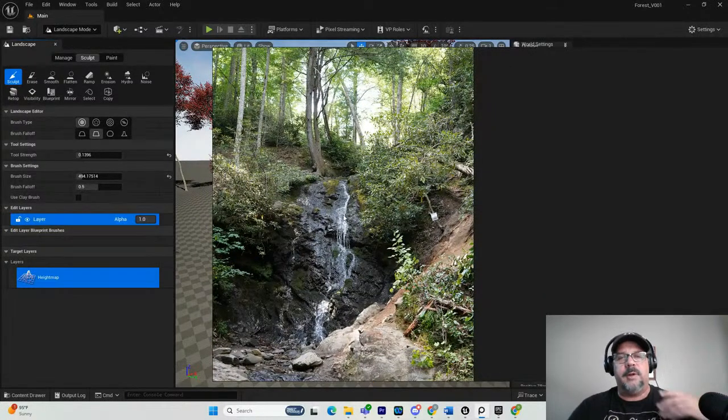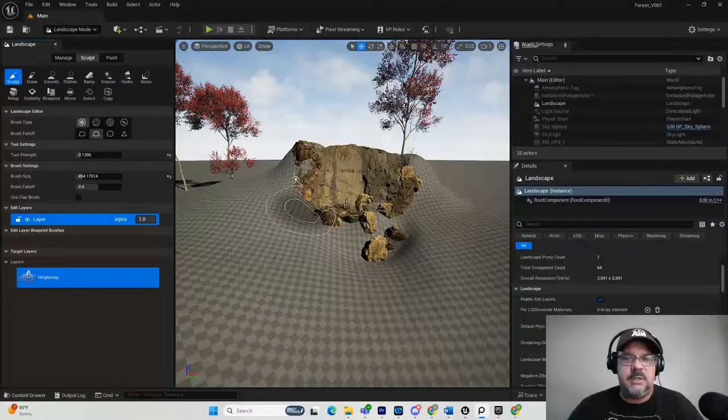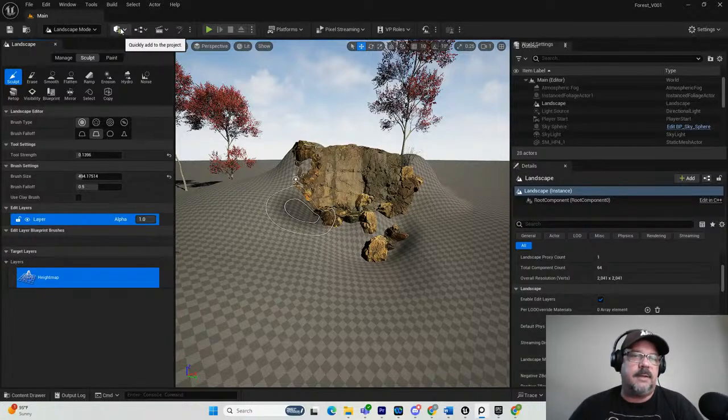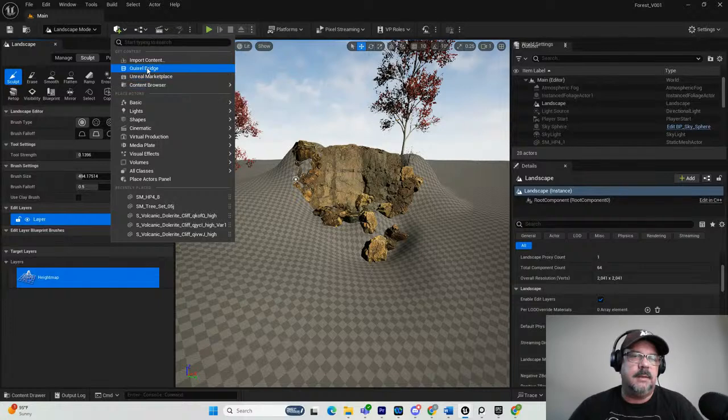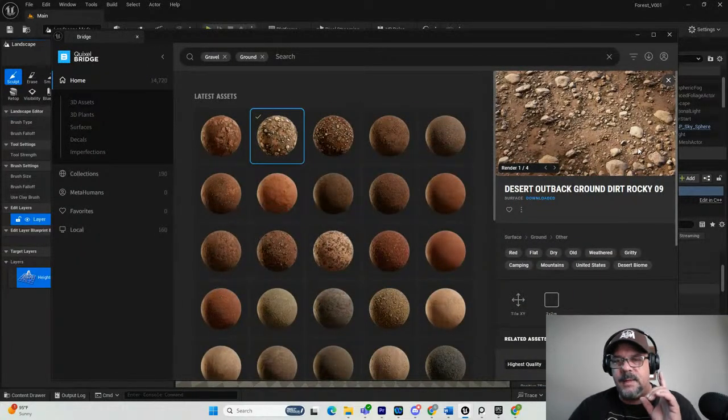And then I went into Quixel Bridge, and I'm going to show you here in a second some of the assets that I pulled down. And I used the shaping that I had done in landscape to just start to almost like, stuccoing brick into place. I started to take those assets and bring them into an area that worked, right? So now I'm going to show you the ones that I've got that I'm using here. I got a Quixel Bridge. This is my desert outback ground, just my gravel ground, which I'm going to throw on my ground layer here in a second, which I've already downloaded. But I'm also going to show you